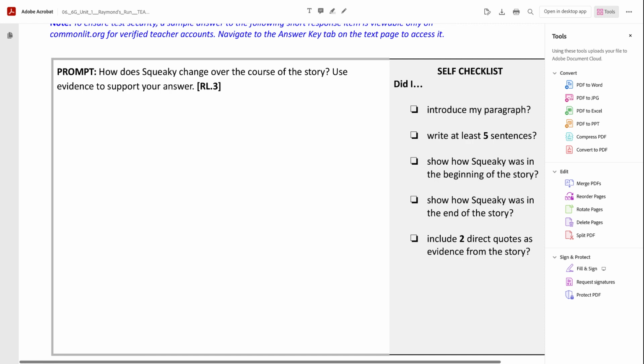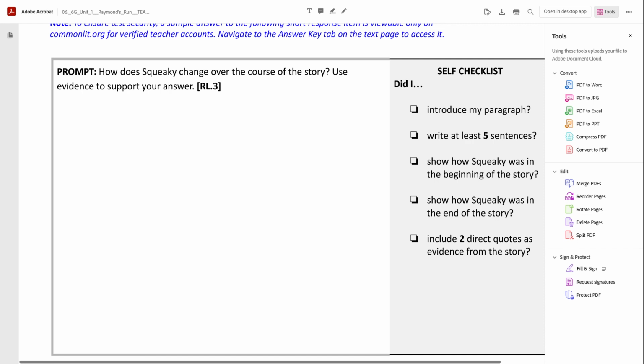Squeaky realizes this when she says, comma, quote, here comes the quote from the story, the evidence. Make sure it's capital A or whatever letter you're using, capital letter at the beginning of the quote. "And I look over at Gretchen, wondering what the P stands for, and I smile because she's good, no doubt about it." There's my evidence that shows that Squeaky has changed her opinion of Gretchen, how she's changed. So I'm going to highlight my quote green. Okay, just to show you, there's my evidence, there's my quote.